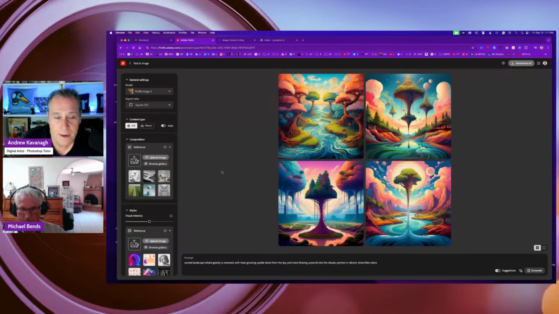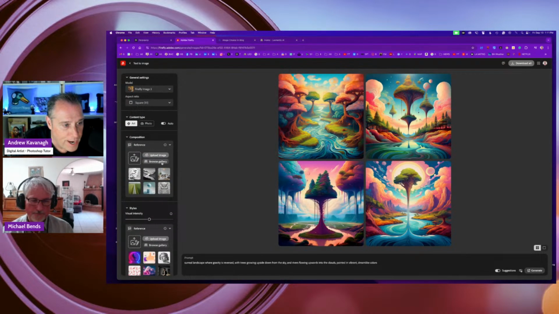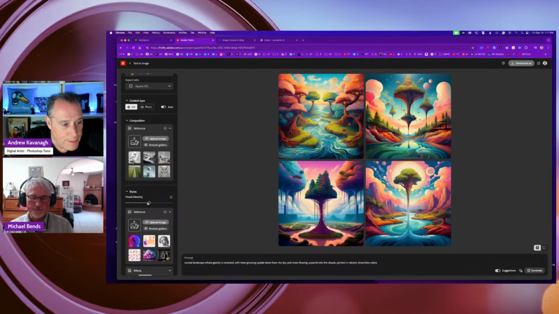If you have a pen or pencil drawing and you've scanned it, you can use that as a reference, which is really good for the perspective or the angle. You can upload that there or browse a gallery. And then you can choose the strength, the visual intensity of your style. I usually bring it to the right. I like it to have a bit more oomph to it.